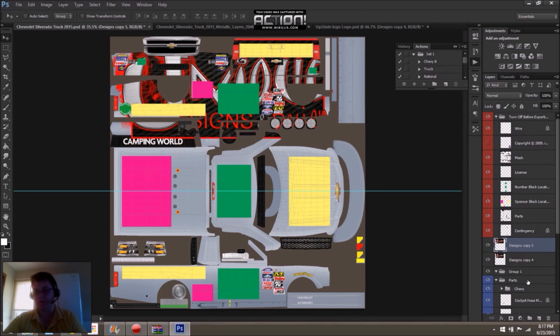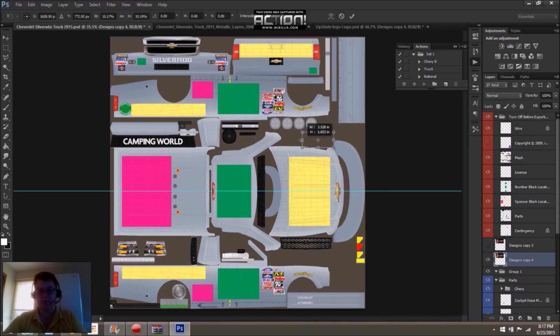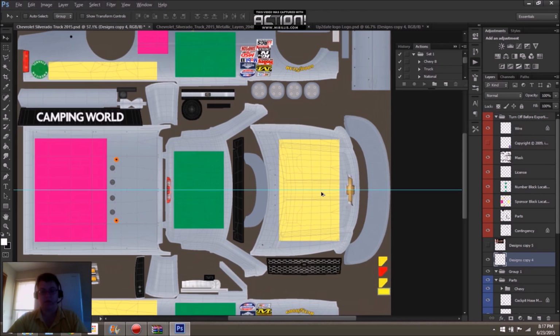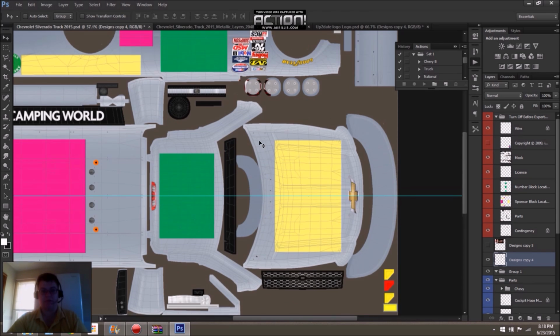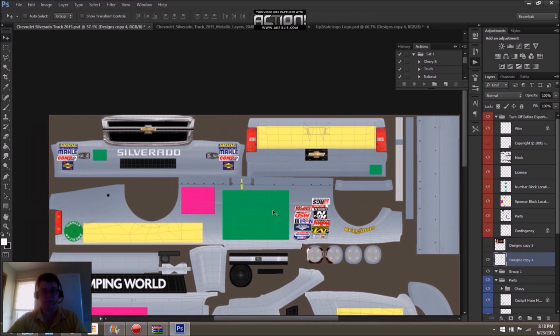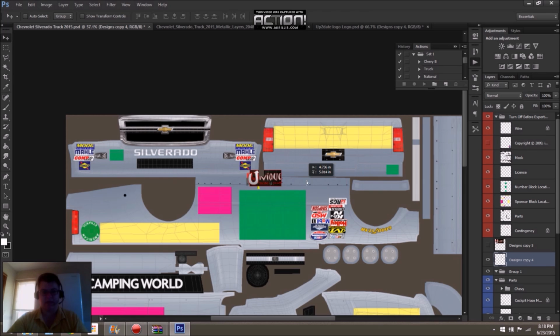I'm going to duplicate it again because I like to keep a spare copy handy. Shrink it down nice and small, and I usually put one on the back of the vehicle, another on the front bumper of the vehicle, and then I will put my signature on the side contingencies. That's the way it is in almost all my cars, some of the road cars and stuff like that being the exception.